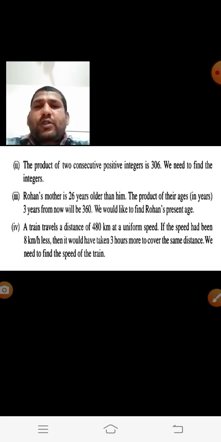Then some questions from question number second. 4 questions are there, 1 I have done. 3 questions are homework for you. Make the equation, represent the situation as a quadratic equation. No need to solve that equation, only form the quadratic equation in these questions. According to the statement, you have to form the equation. We are solving the equation in the next presentation by factorization method.